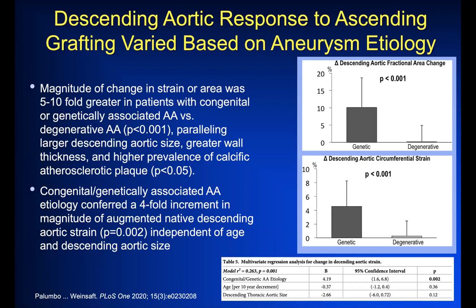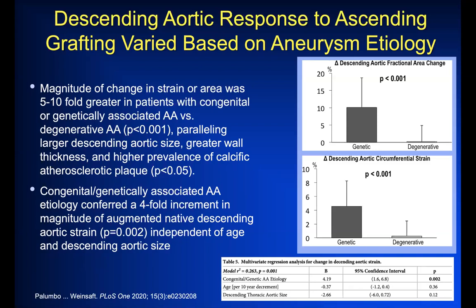We demonstrated as well that congenital aneurysms conferred a more than fourfold increment in the magnitude of augmented descending strain after replacement of the ascending aorta. And that increase in strain was independent of both age as well as aortic size. So what we're really demonstrating is that potentially the ascending graft itself alters biomechanical loading forces on the native descending aorta, and that may provide a nidus for subsequent increases in wall stress, shear forces, and ultimately dissections in patients